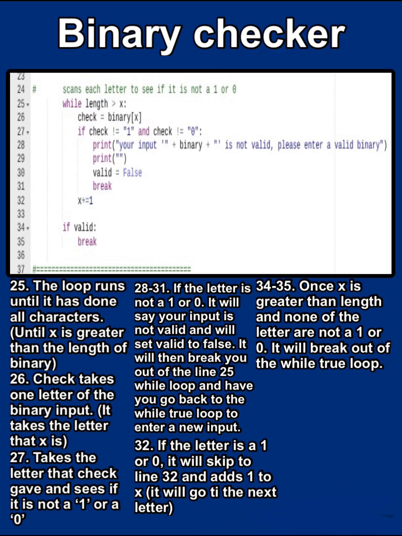Alright, so this checks if it's actually a binary. What it does is it goes through each letter and checks if it's a 1 or a 0. If it's not a 1 or a 0, it'll say that it's an invalid binary, and it'll have you re-input another string. And if it is a valid string, it'll break out of the loop and send you to the next